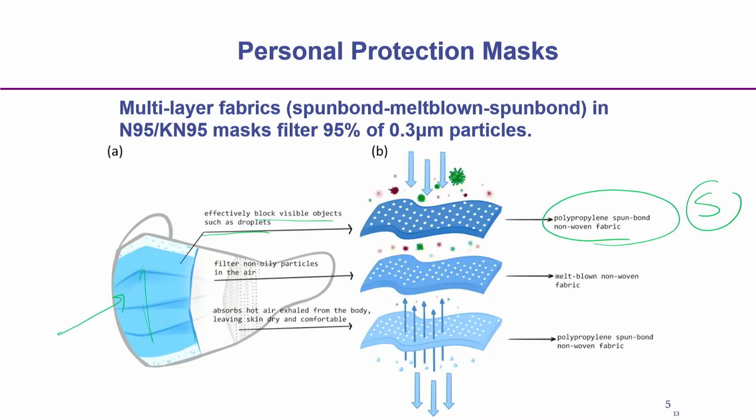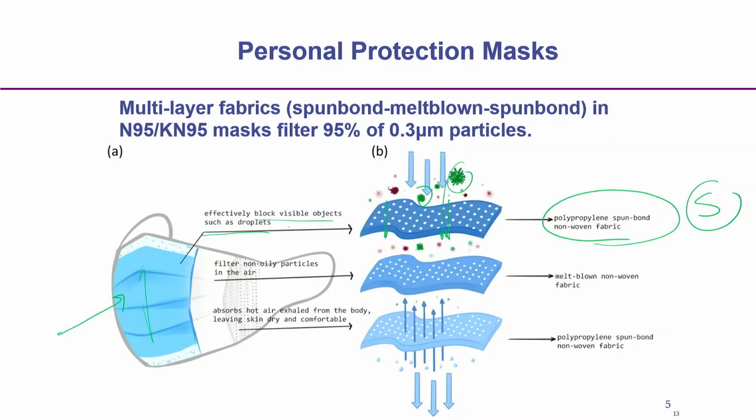So, polypropylene spun bonded fabrics are used. These block the droplets and visible particles, and the smaller particles penetrate through this, which is created so as to reduce the pressure drop. So, smaller particles penetrate,